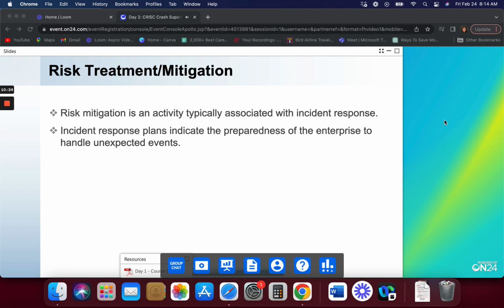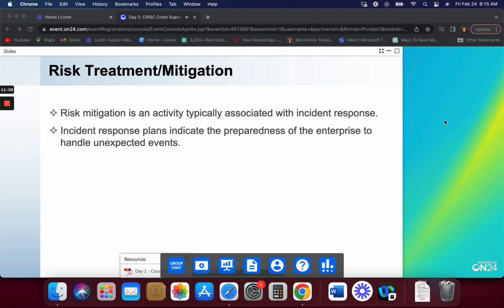Interesting. So now that we're down into risk treatment and risk reduction, now they're saying that this is really dealing with incident response rather than incident prevention. You know what? I've got a problem with that myself. Don't worry about it. If you see a question phrased in this way, the answer you need to know: risk mitigation is an activity typically associated with what? Incident prevention, risk prevention, risk mitigation, incident response. Don't argue with them. Choose the one they like. They like incident response. Then you and I can know better later.